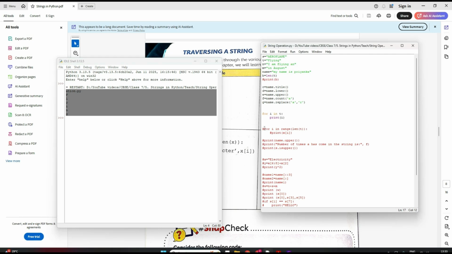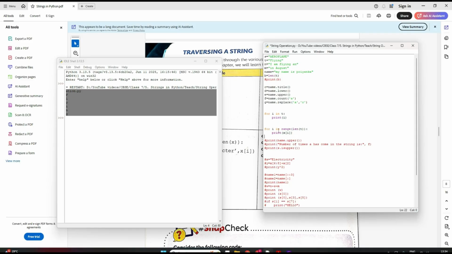There is another way of traversing the string, which is using the range function. If you remember, with a for loop we have this range function, right? What does this range function do? It tells us for how long. It generates a sequence of numbers for us, right? So I can write it this way: for i in range(len(t)). What is the length of this string? 1, 2, 3, 4, 5, 6.